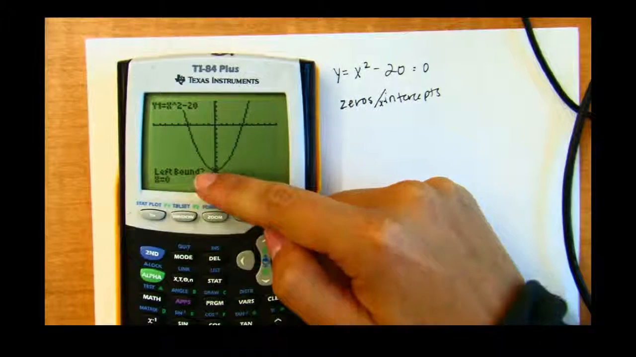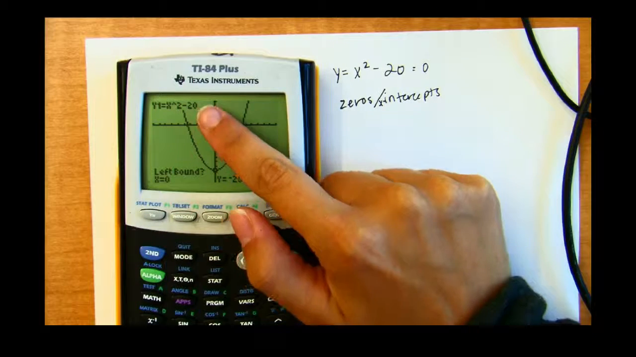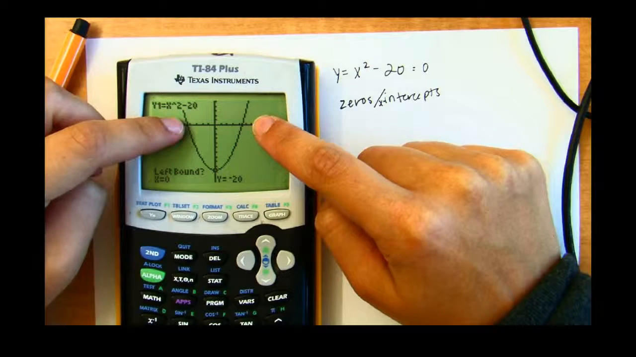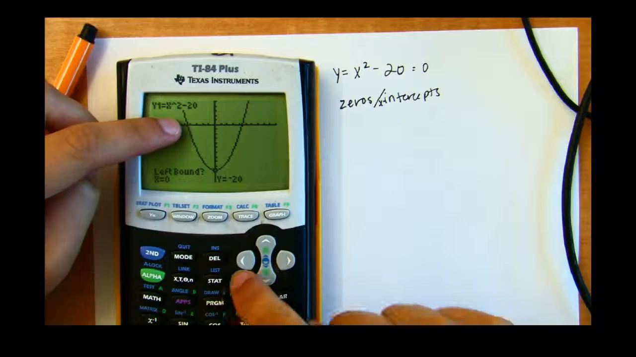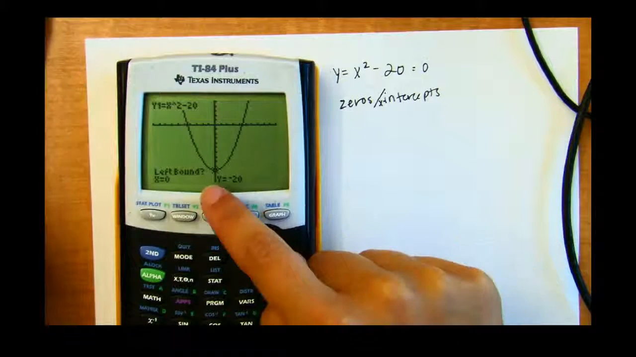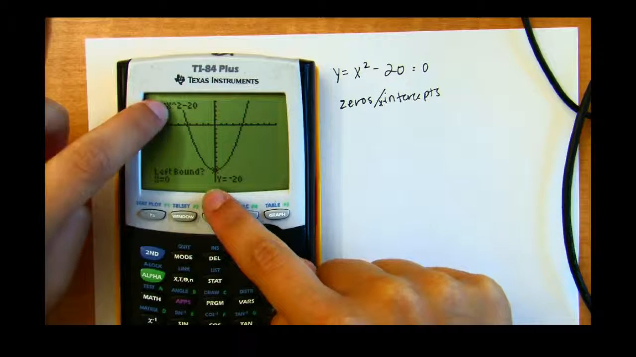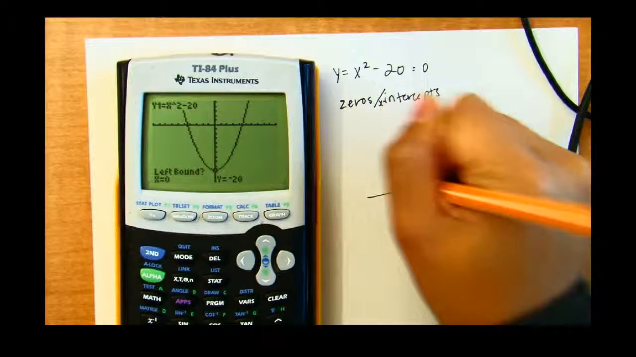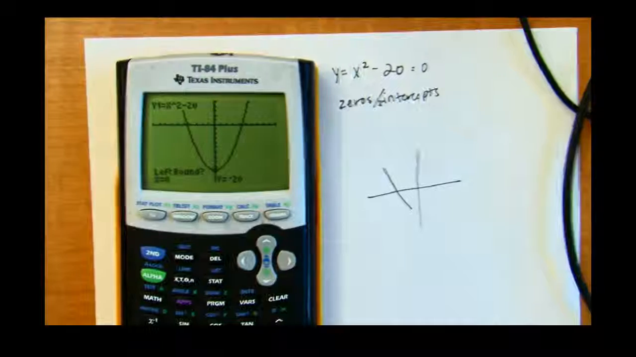So first it asks for a left bound. I've got to pick one of the zeros that I want to calculate, either this one or this one. I'm going to go with the left one first. A left bound means I have to go all the way to the left of the zero. So I'm going to just sketch this out off to the side. If this is my zero,